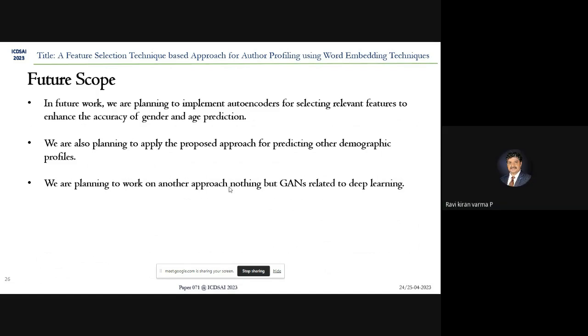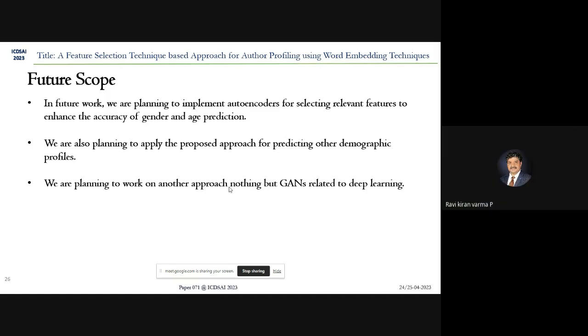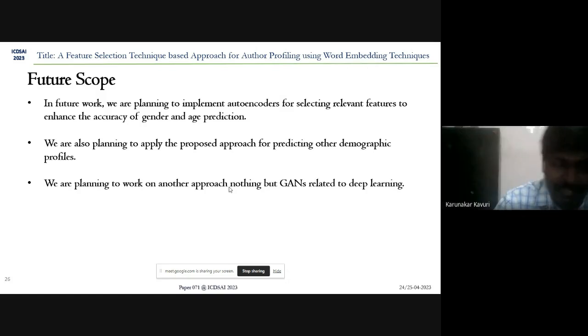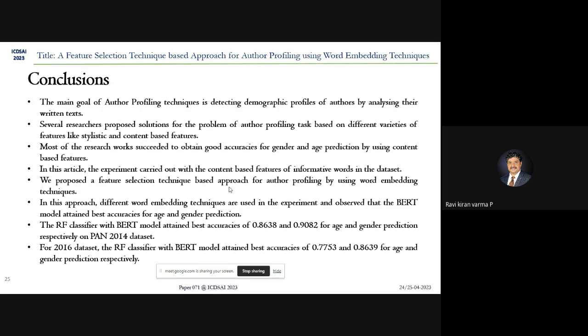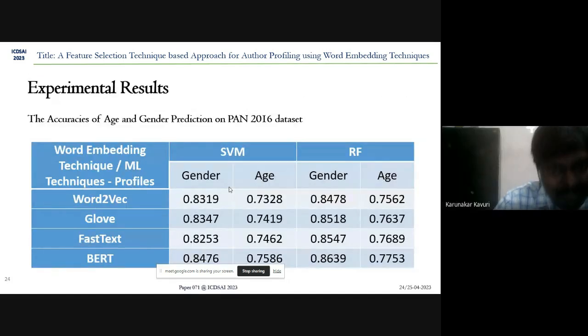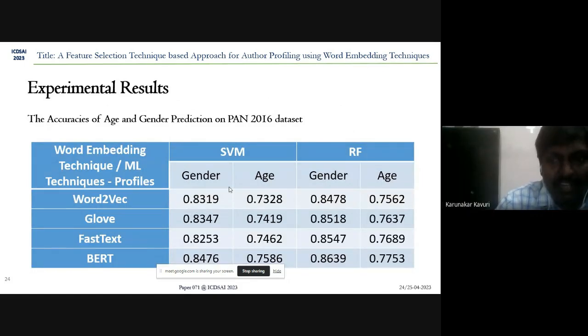Time complexities. Have you done any evaluation of time complexities for all the experiments that you have done? No, sir. Time complexity, I couldn't work on the time complexity. When you are working with different algorithms, you should also compare them. Yes, sir, different algorithms. Have you also compared with any other work? You have shown only a comparison of algorithms that you have tested. Have you compared with any other similar work that used the same data sets? Yes, sir. In the literature survey, the best accuracy is 82% with random forest only. I proposed a new term weight measure.